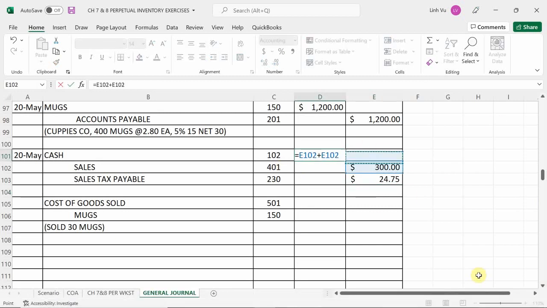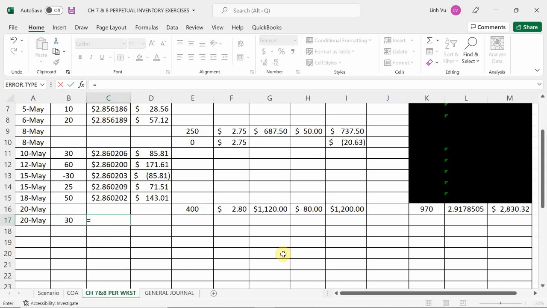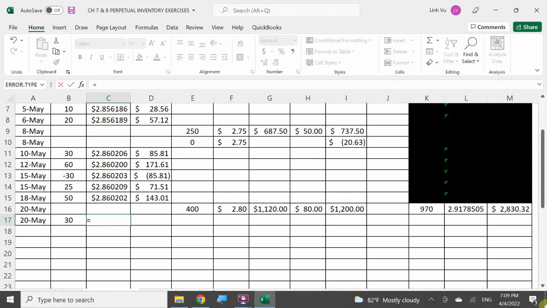You're going to get a total of $324.75. Now I need to adjust my inventory to figure out how much it's going to cost me to sell those 30 units. So again, May 20th, we sold 30 units, but this time my average cost per item is now